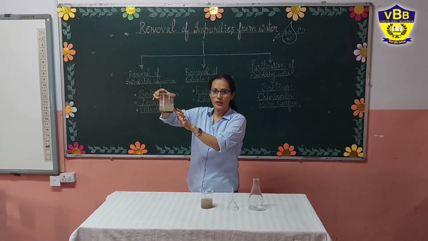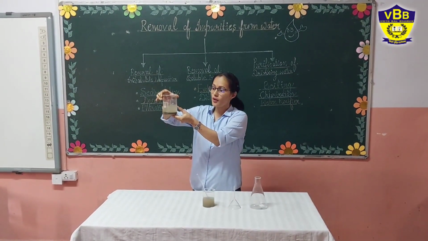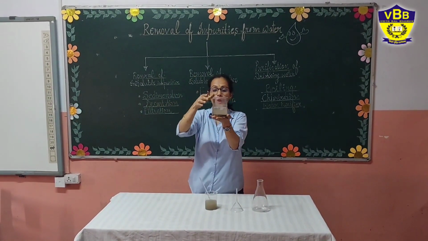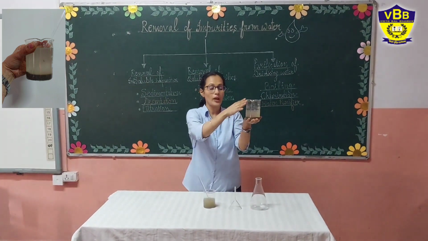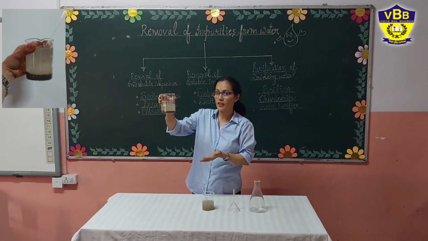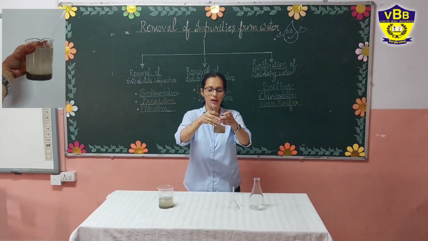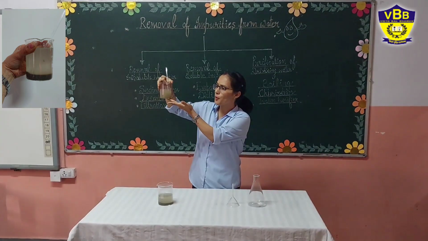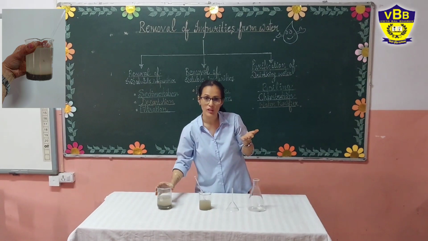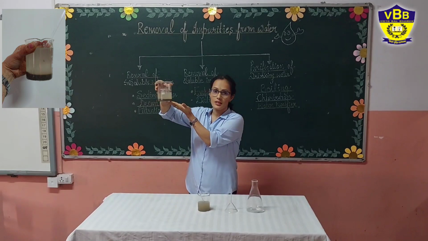And the leftover liquid, you can see, is the clear part of the liquid. It is known as filtrate, or pure water or clean water, you can say. The whole process is known as sedimentation, when we let the solution stand for a few hours without disturbing it. If I disturb it like this, you can see the impurities mix with the solution again. So we have to hold it carefully without disturbing the impurities. Now you can see the impurities are properly settled at the bottom.